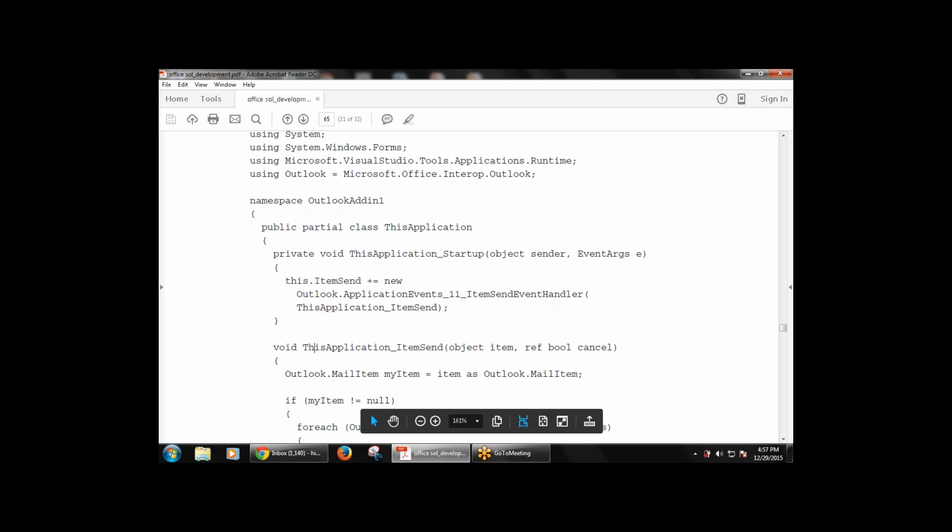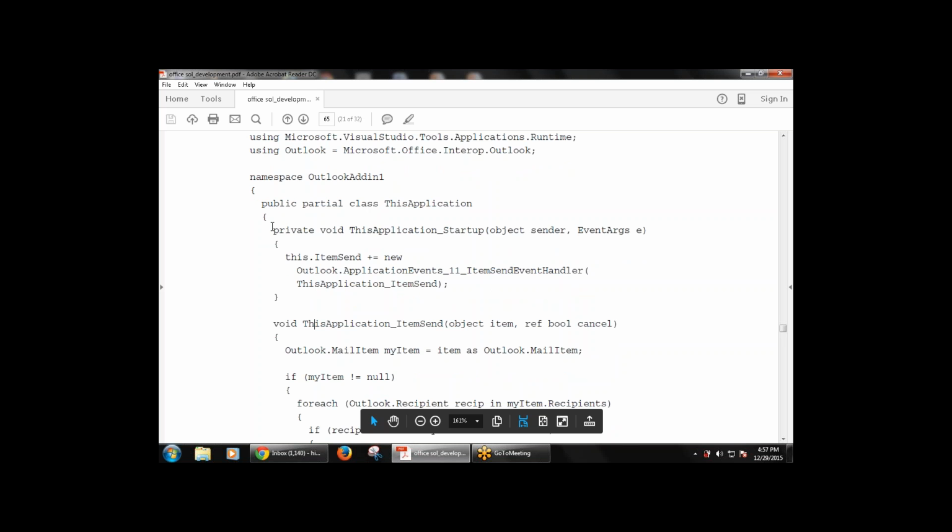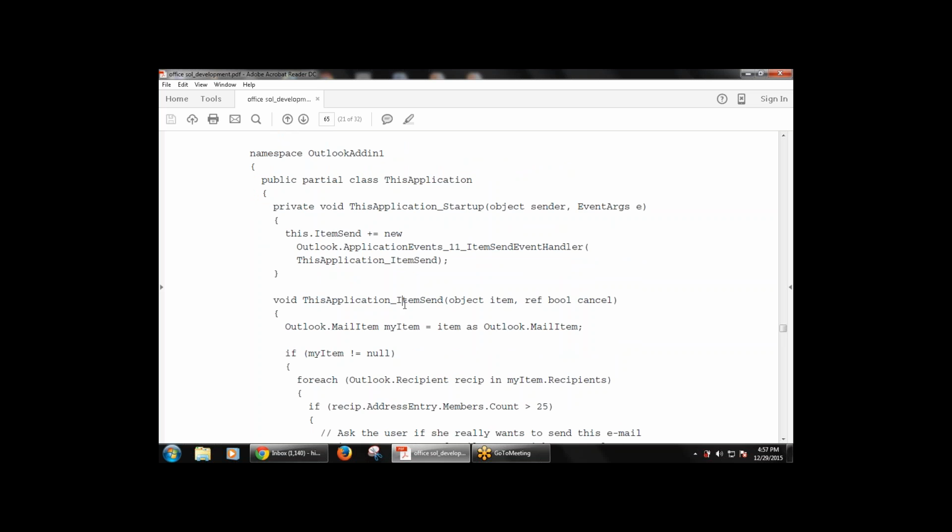Now within this public class, this is one private, then this is the void, this application underscore item sent. This is only the void, this application underscore item sent. This is the startup event, and this is the item sent. Then there are two parameters, object item,